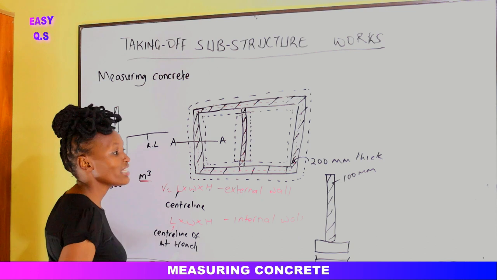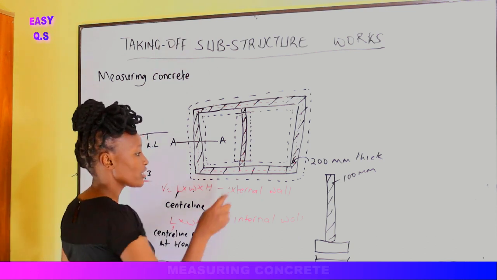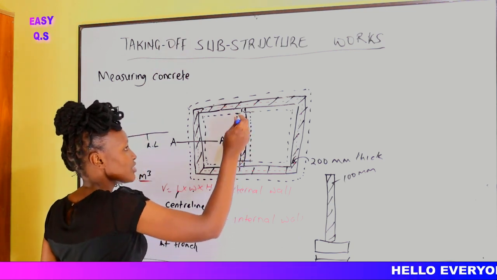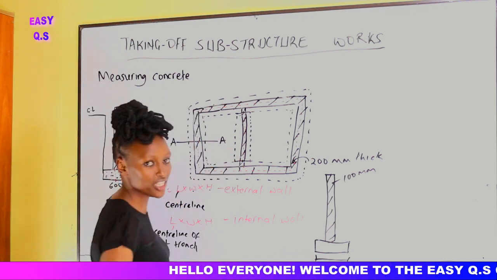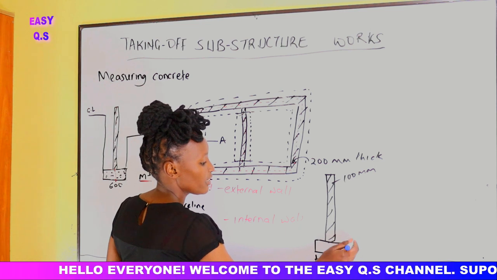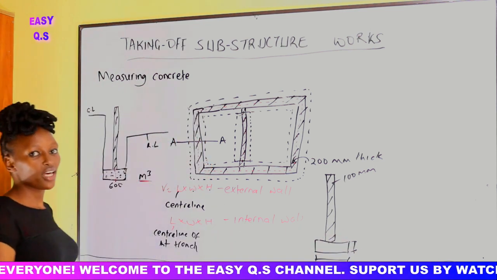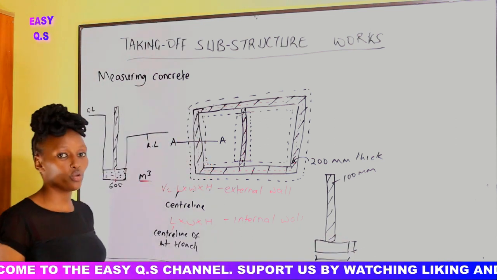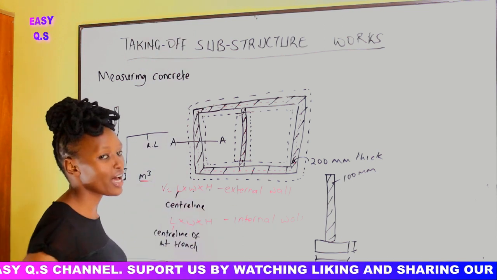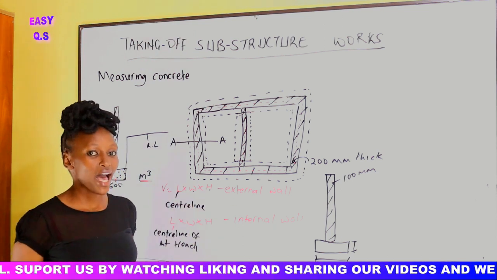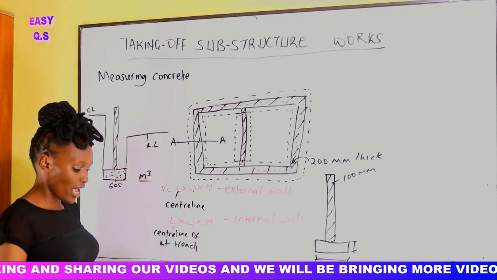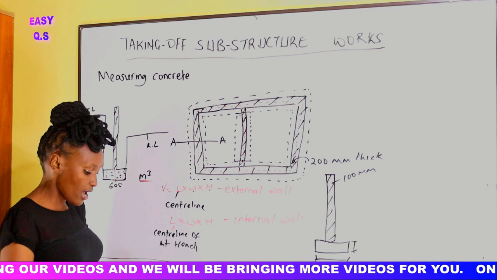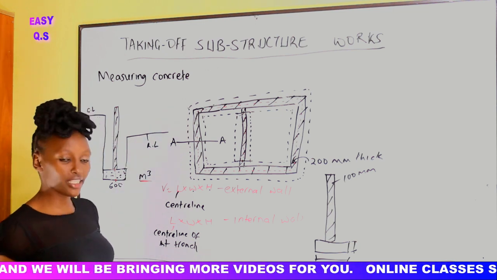So when you are finding the volume of the concrete from here to here, we shall take the dimensions from here to here times the width, which is 400, times the thickness that you're given here. So you don't have to worry if the thickness of the walls or the thickness of the trenches are different. So we shall continue from the concrete and